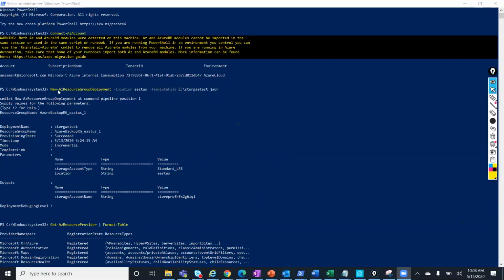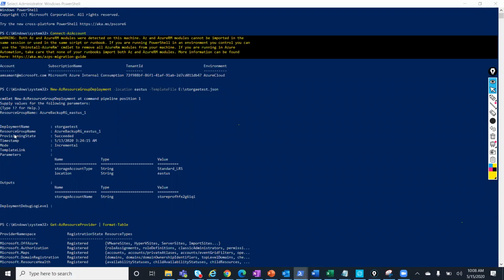Okay, no worries. So let's do this. First, you create a resource group in Azure, and then give that resource group name once you have executed. So I'll share my screen again. Okay. So once you have created a resource group, you give the resource group name here. So that's how you can start working on this.